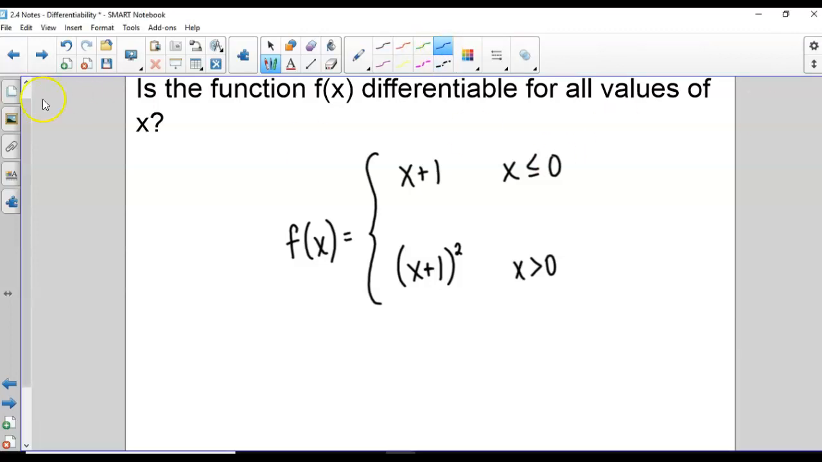Okay, so back to this one. Alright, so the first thing that you would want to check before you even start to think about whether or not this is differentiable is